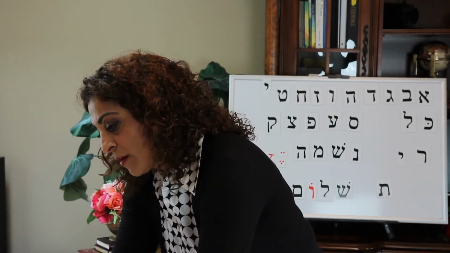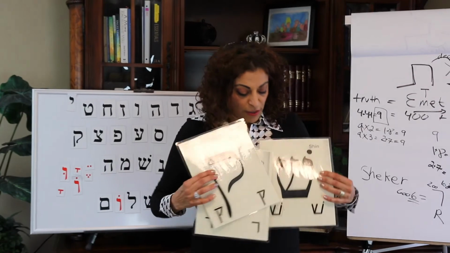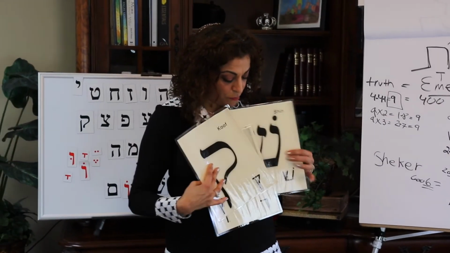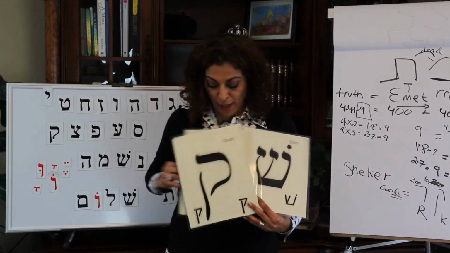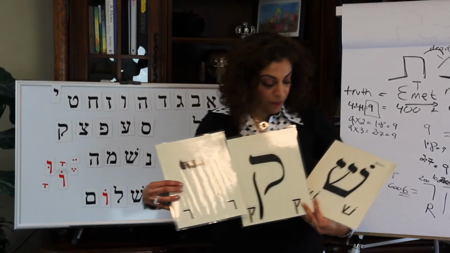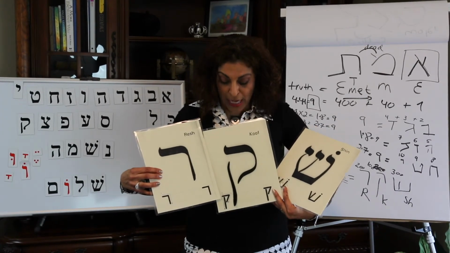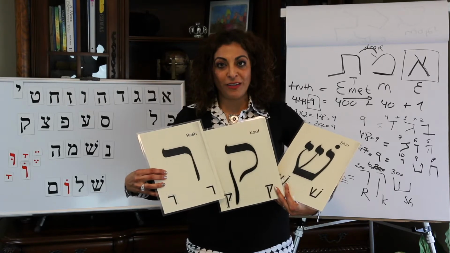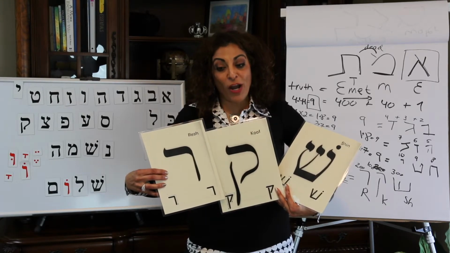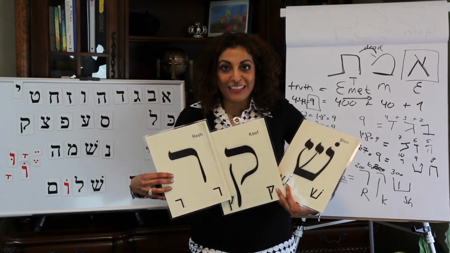Okay, sheker. Here you go. This is the first letter. I'm going to show it in the big one. This is the second letter. And that's the third letter. Sheker. Do you see how it cannot possibly be solid? It doesn't have a leg to stand on. And that's lie. So I hope that as you study with me for the next 2 lessons,